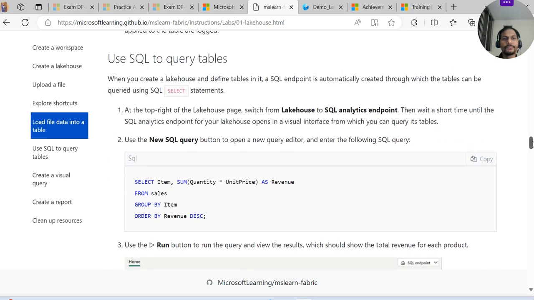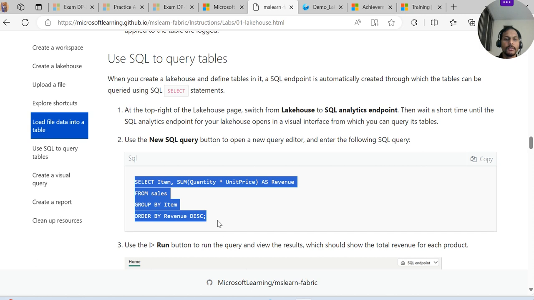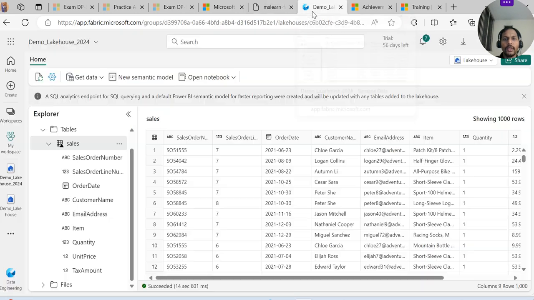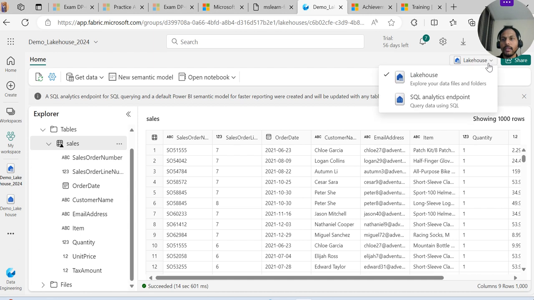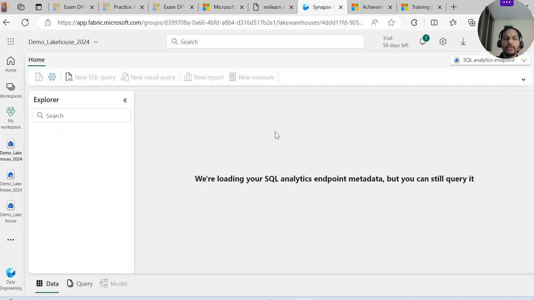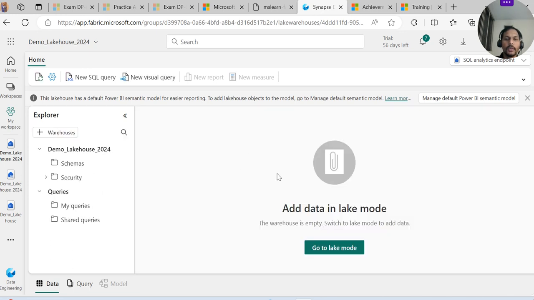Yeah, so now we can use SQL. Here they have given just some basic SQL queries. To use the SQL endpoint, we have to change this endpoint. Instead of the Lakehouse endpoint, you need to change it to the SQL endpoint. If you change to the SQL endpoint, you can write your own query, and you can